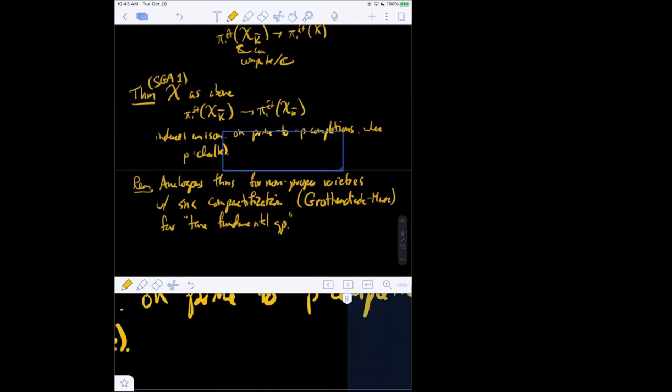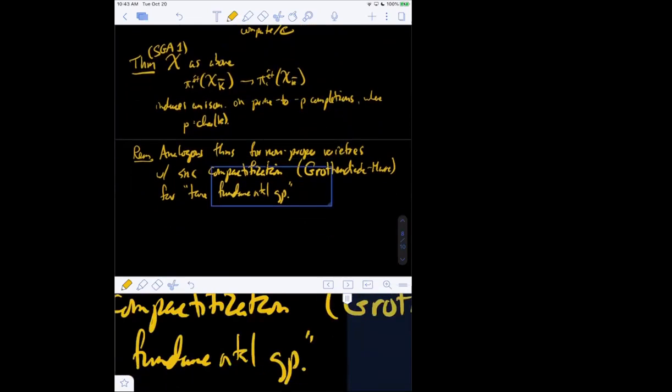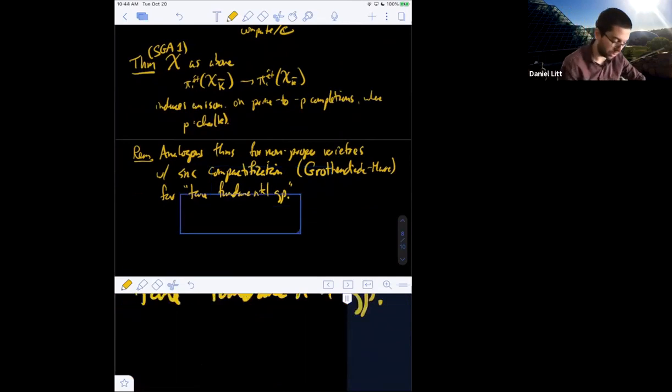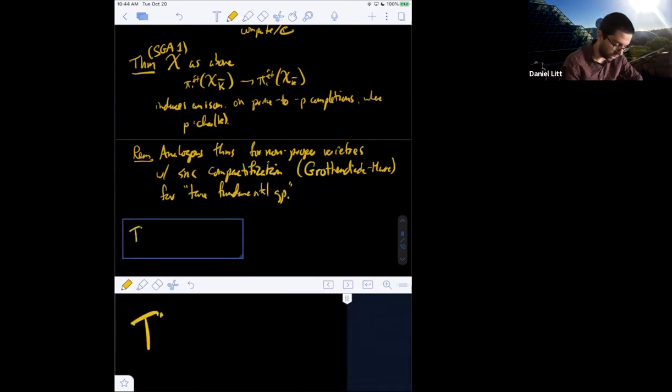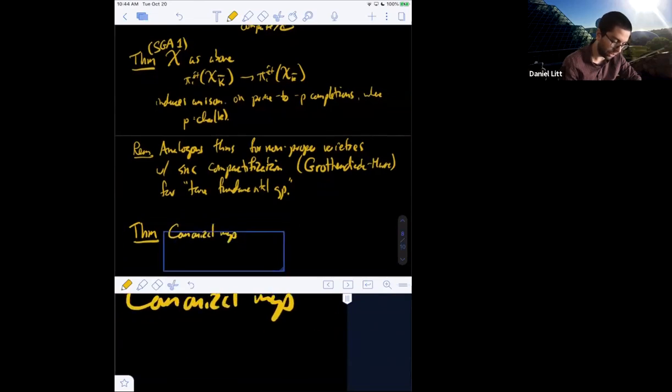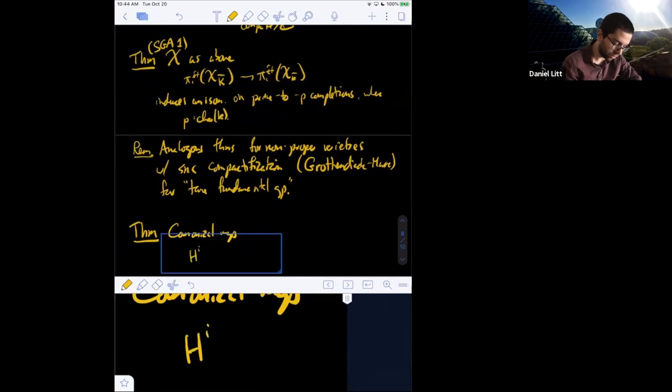Okay. Yeah. Great. Cool. So I think I just want to say one more thing about pi1, which is good because I'm almost out of time. Finally, I want to mention that there's a canonical map from continuous group cohomology of pi1 étale,